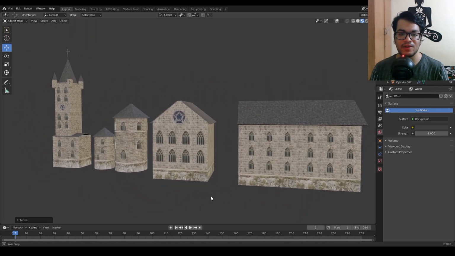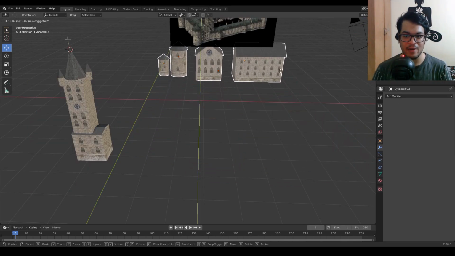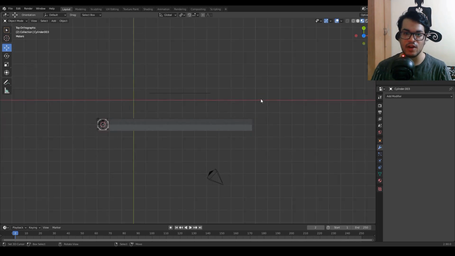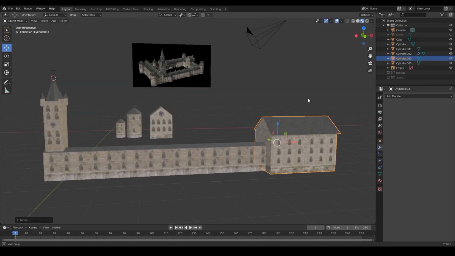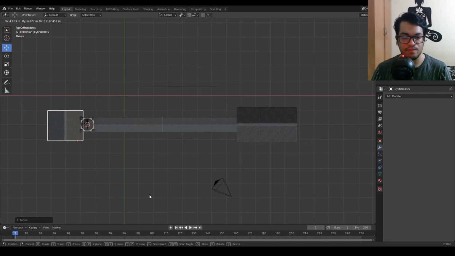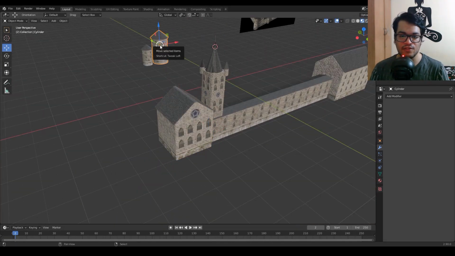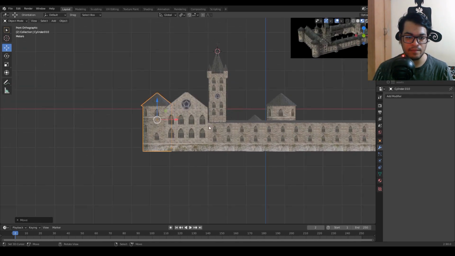So this is how I assemble these. First, move them to the back. And remember, we added that array modifier. So increase the number in the array modifier. And as you can see, as I'm positioning these, the bottom material really gives that seamless look. It's looking as if all these assets are blending in.